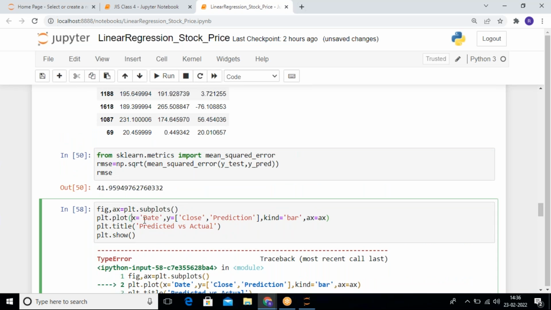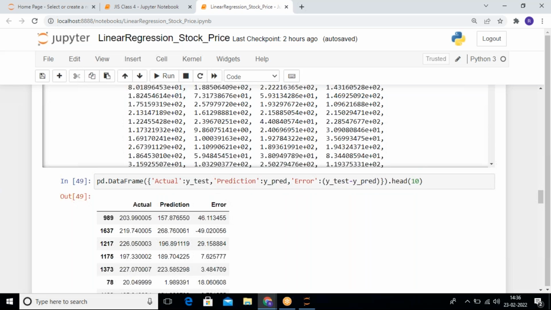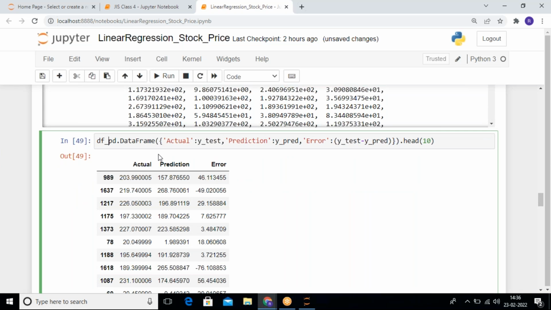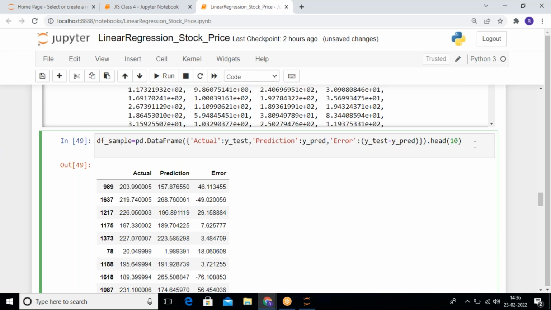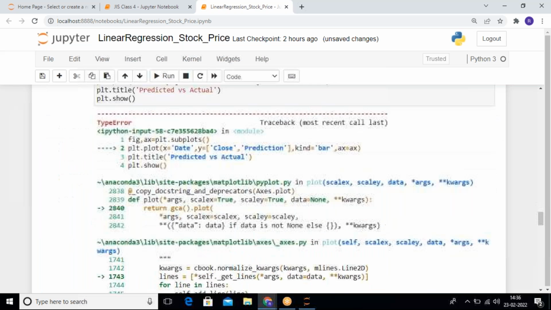अच्छा, X पे हम लोगों ने डेट को लिया है। यहाँ पर दो ग्राफ अपने को प्लॉट करने हैं, टू ग्राफ, समझ पा रहे हैं? यहाँ पर बार प्लॉट देना है। अच्छा, हमारा प्रेडिक्शन कहाँ आया है? प्रेडिक्शन यहाँ आया है। तो इसको हम लोग यहाँ पर कॉपी कर लेते हैं और पेस्ट करके देखते हैं, ठीक है।